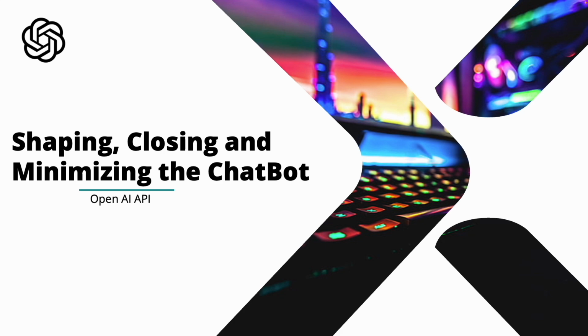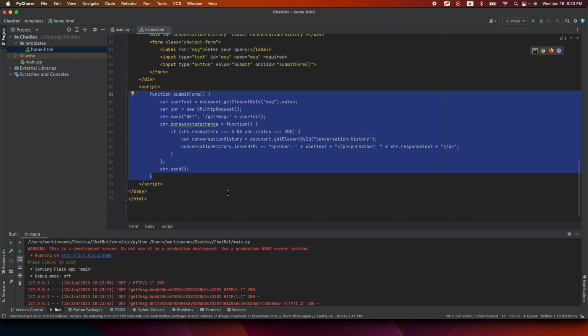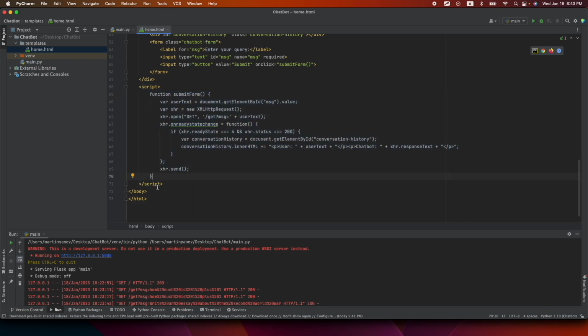Now finally, let's shape and add the closing and minimizing capabilities on our chatbot, which will make our project complete. Now to do that, we will need to drastically change our home HTML file in order to incorporate all of those capabilities. The submit form function wouldn't change drastically, but we'll need to add here the closing window function and the window